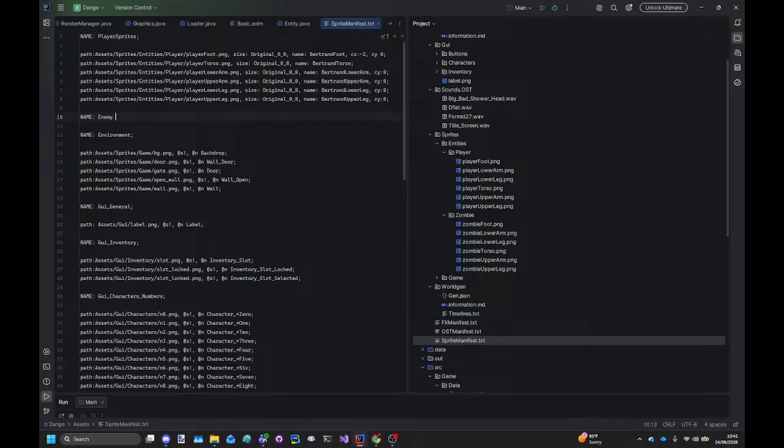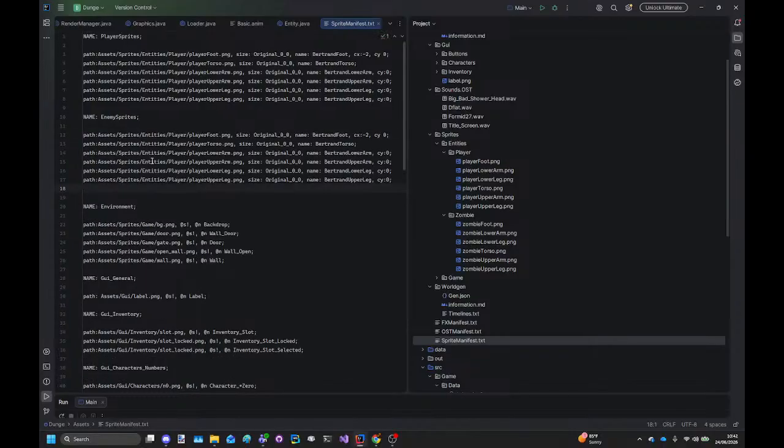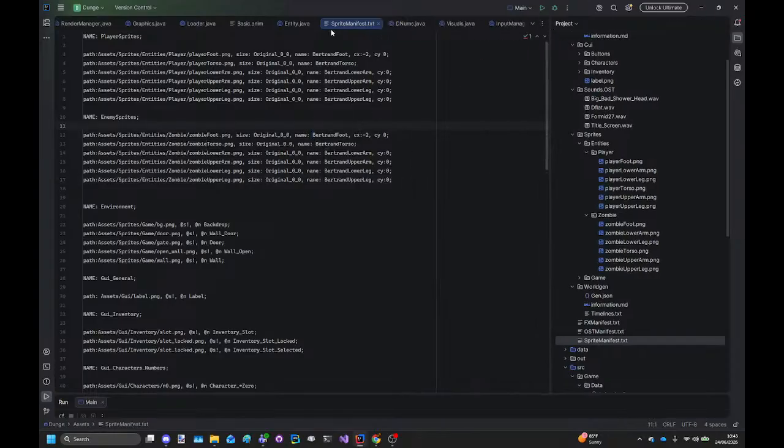Enemy sprites. And just copy these over and then do zombie. Zombie. The main character is named Bertram, by the way. That's why it's this. I'm just gonna replace this with